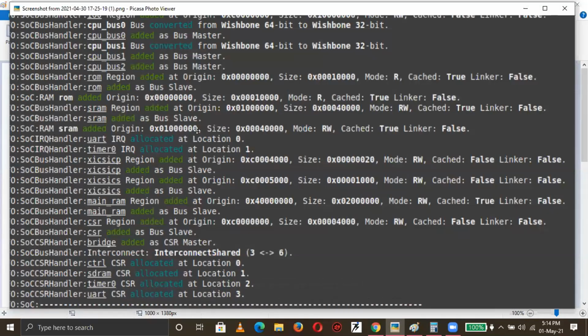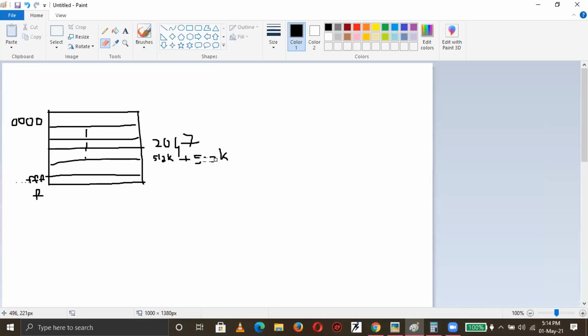Sir, but the size came out to be 32K, right? Oh, I'm sorry, 32K. I was still in the earlier calculation. Yes, 512 plus 32. How much is it? 544. Correct. Now 544K. So from the 512K location till the 544K location, the peripheral which is mapped is SRAM. Correct?